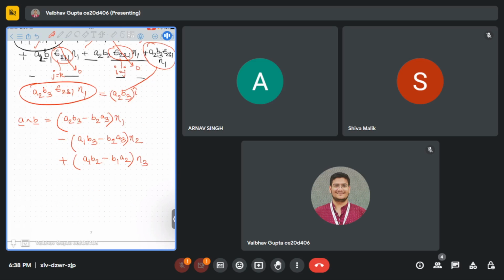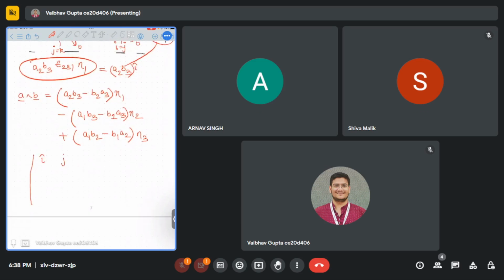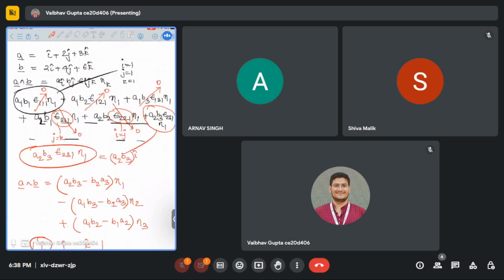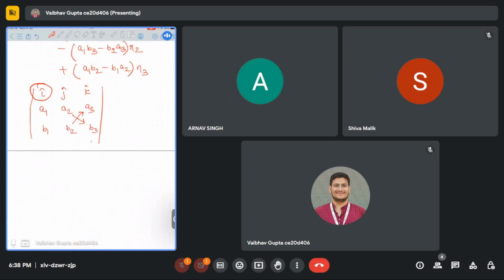If you have studied in your mathematics, it's nothing but a determinant. If you see like that, i j k, A1 A2 A3, B1 B2 B3. How will you solve this determinant? It is nothing but this cross multiplication of i cap. Understood? Yes, sir. But in terms of notation, it should be identified like this only. Like A cross B should be written like that only always. a_i b_j epsilon ijk